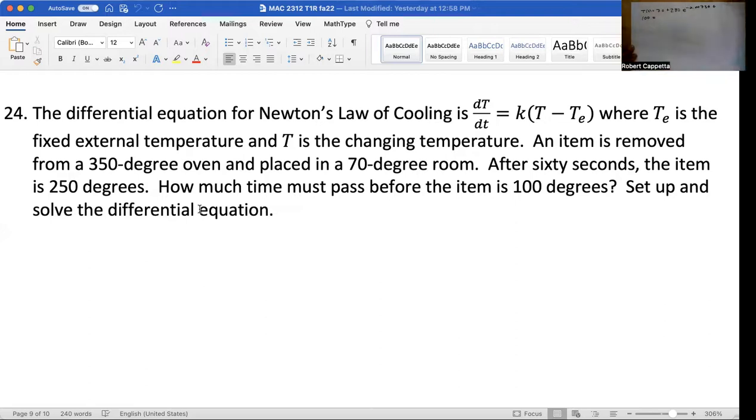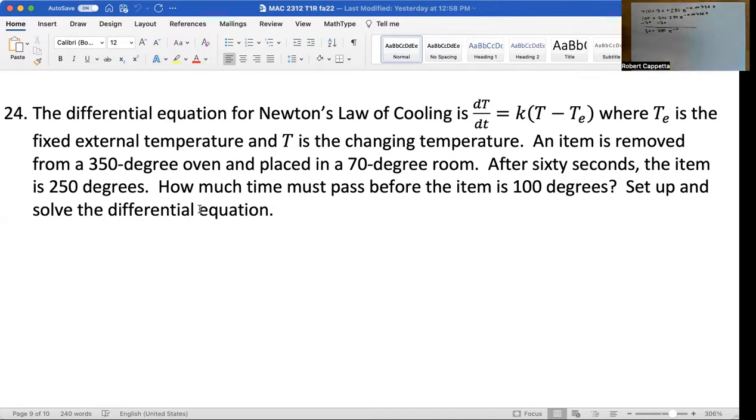So we certainly can do that. 100 equals 70 plus 280 e to the negative 0.00736t. Subtract 70 from both sides. 30 equals 280 e to the negative